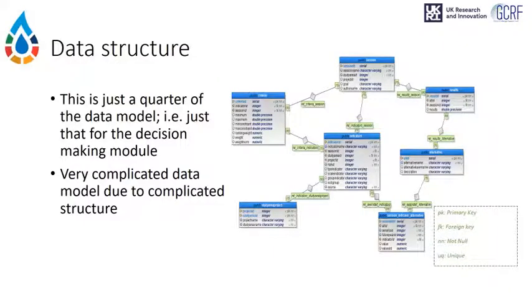As you see, the data model plays, again, a very critical part in this platform. What you see is just a quarter of the main data model that I was responsible for in this decision-making part. And the data model is very, very complicated. However, the outcome of presenting the result can be very easy to query, find, and compare the different data and the result. This is why we need to have a FAIR data management platform.